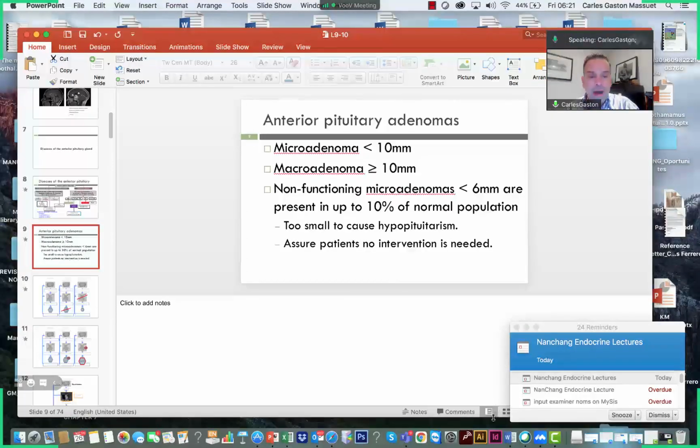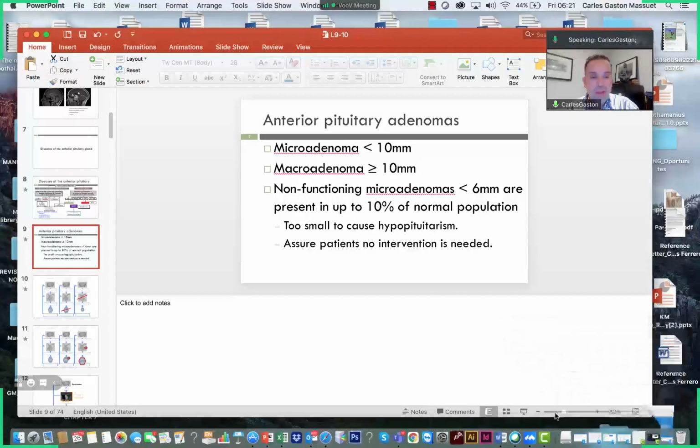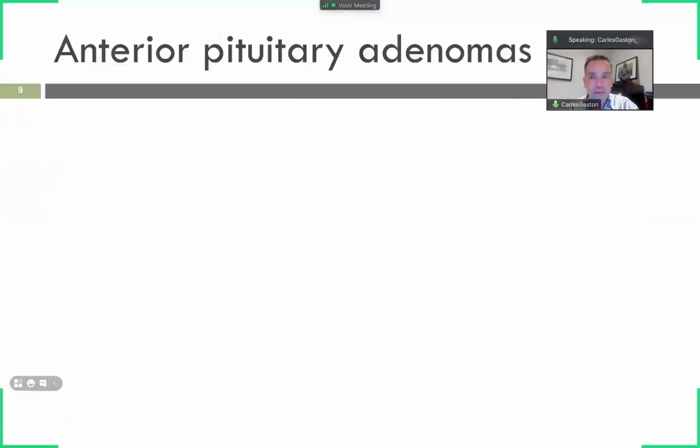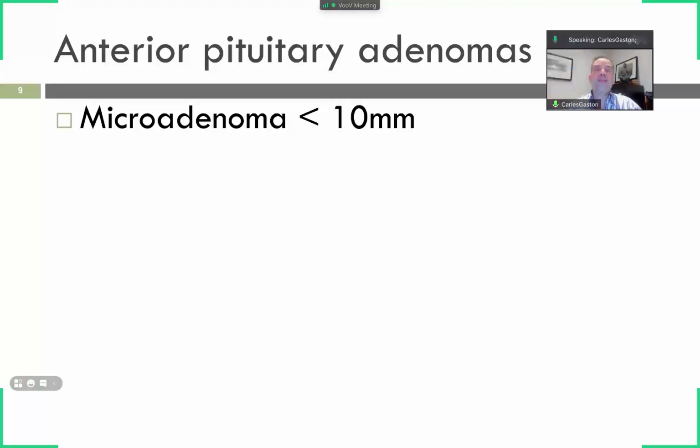So, how about the pituitary tumors? How are they classified? Very important for the medical students, right? So the anterior pituitary tumors are called pituitary adenomas. They do not metastasize. That's why they are called adenomas. And they are classified into